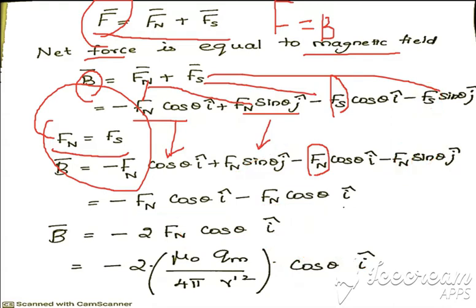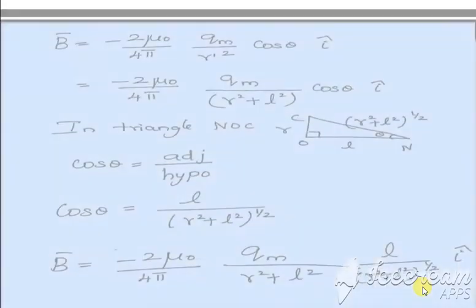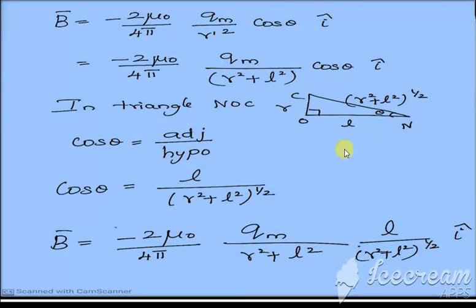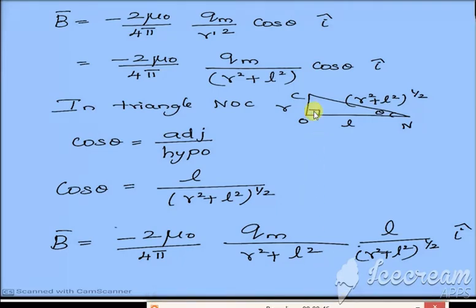For finding the value of cos theta, again we are going to take the same equation as we took already. So the same triangle we are going to take. If we take the triangle now, we'll get this triangle, so that we'll get the value of cos theta. So taking this triangle, what is the formula for cos theta? Cos theta is equal to adjacent by hypotenuse.